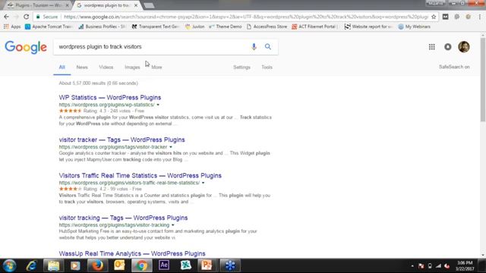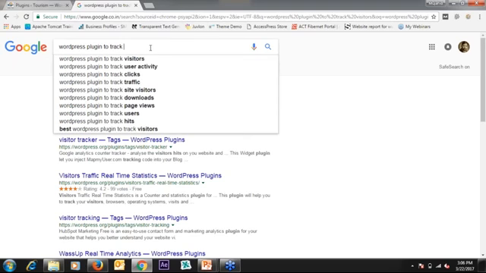It will track the visitor, but we don't want to track the visitor. What we want is a WordPress plugin